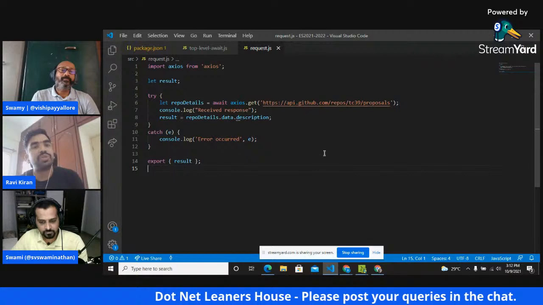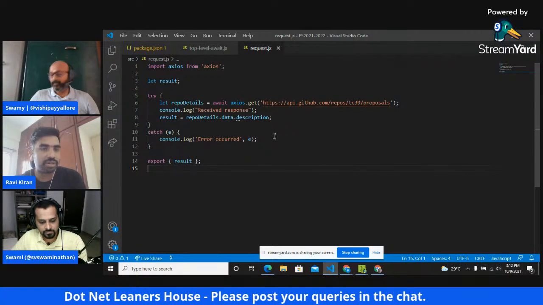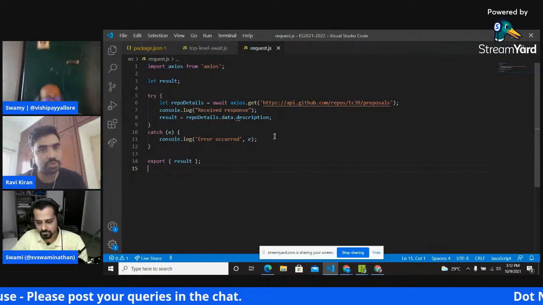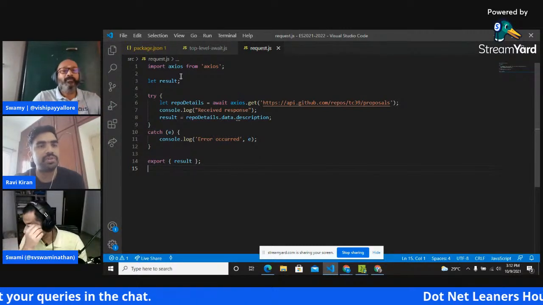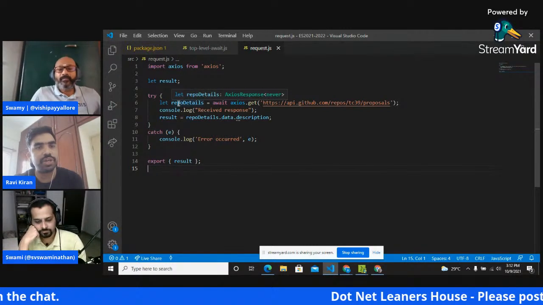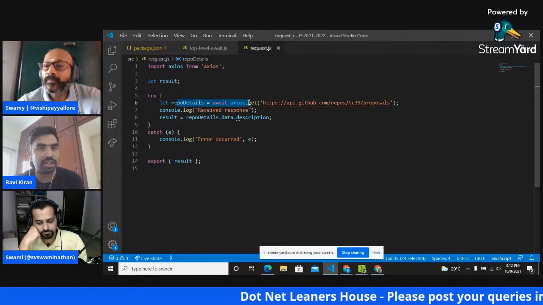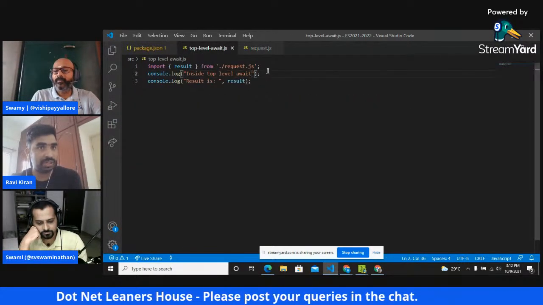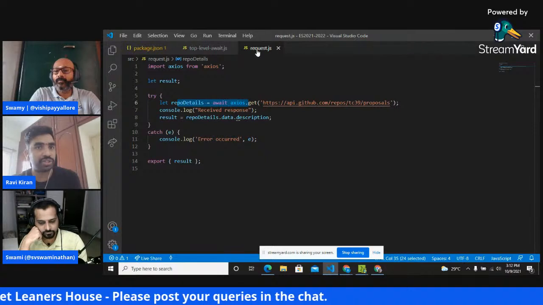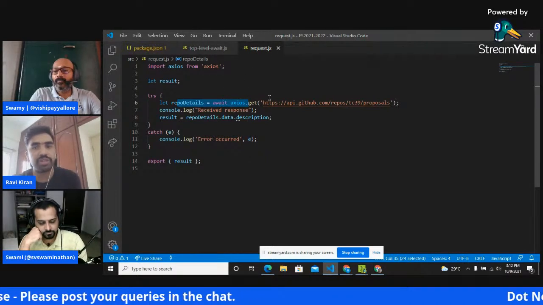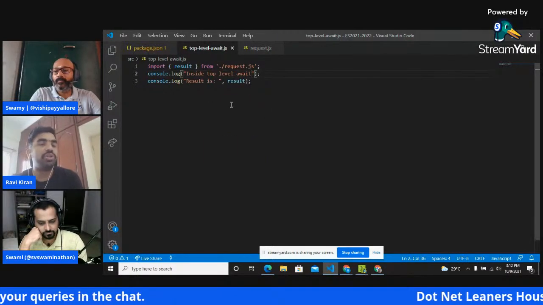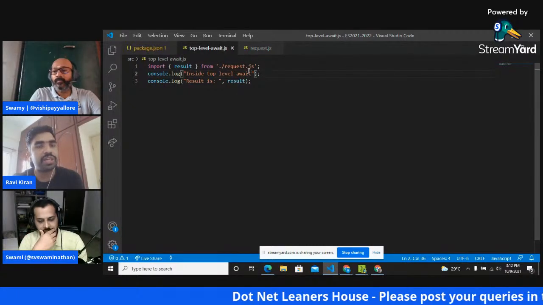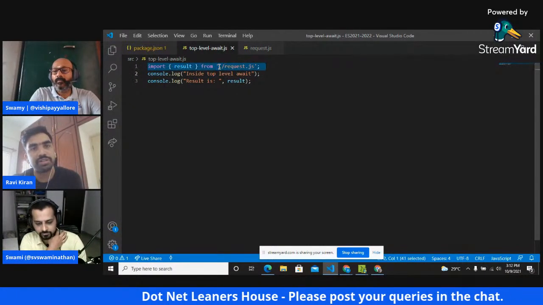So that's why top level await is the feature that got proposed as part of ES2022. What this feature proposes is you can use await at the top level of any proper module. Here request.js is the module that is using await at the top level, and the module in which I'm using it is importing this request module.